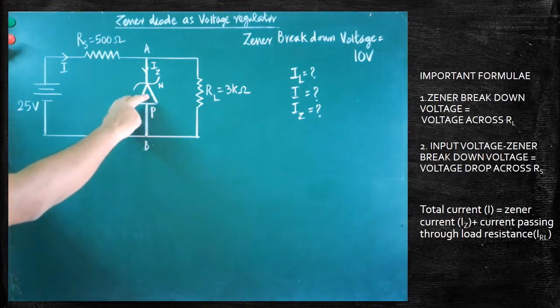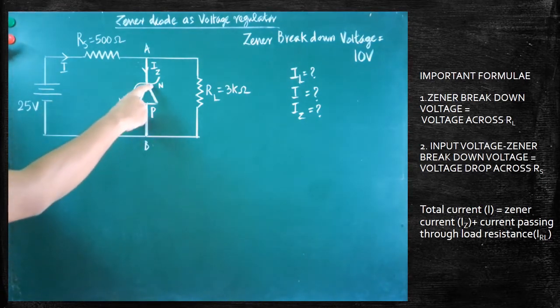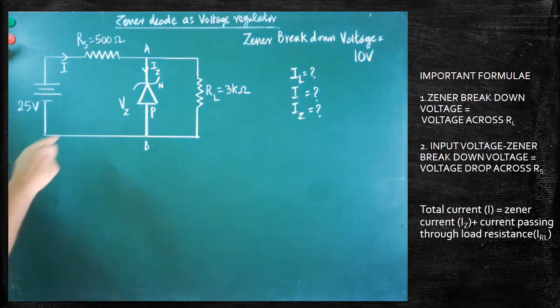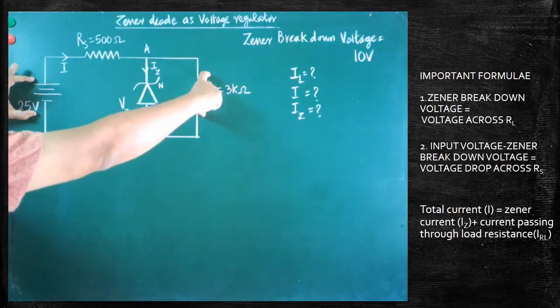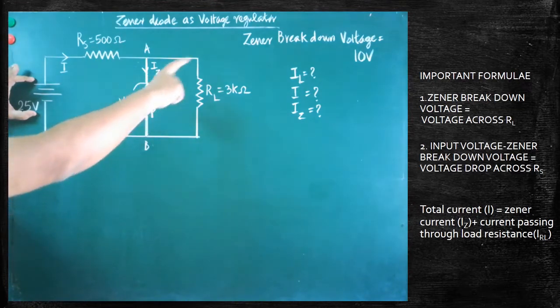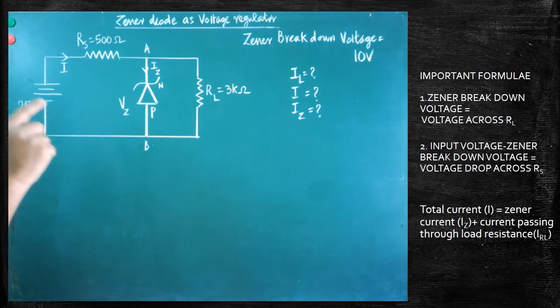The Zener diode will always function only in the reverse bias. The P end is connected with the negative end and the N end is connected with the positive. So this is a circuit of the voltage regulator. What is a voltage regulator? Whatever may be the input voltage, you will get a constant output voltage here. That depends on the Zener breakdown voltage. Each Zener diode has its own breakdown voltage. While buying a Zener diode in the market, you have to mention the Zener breakdown voltage.